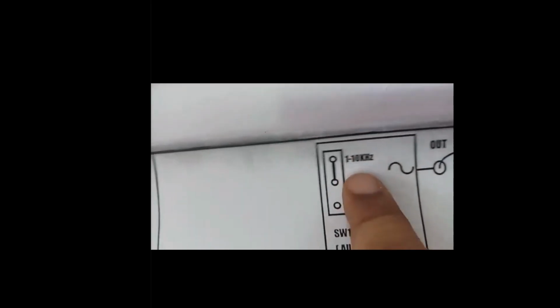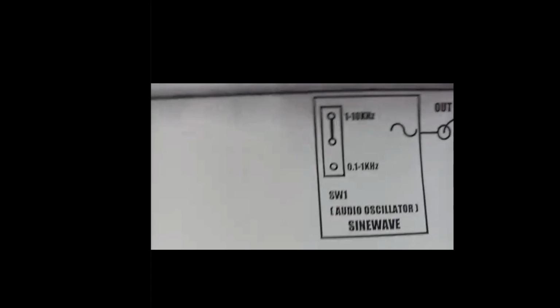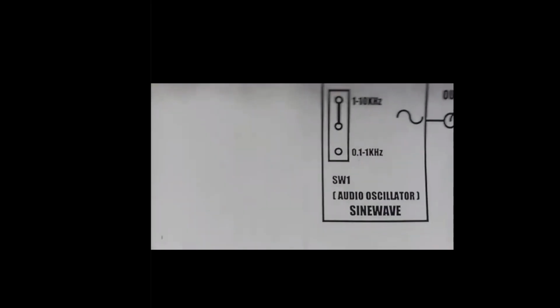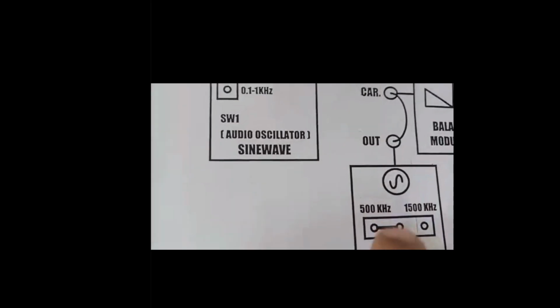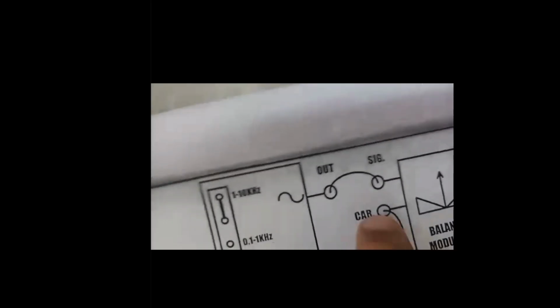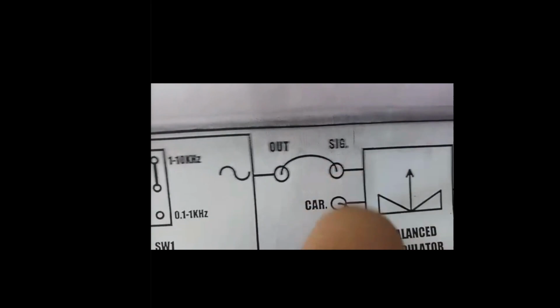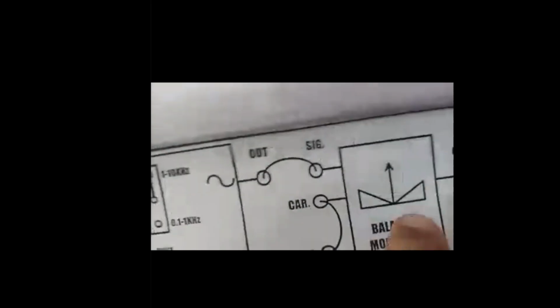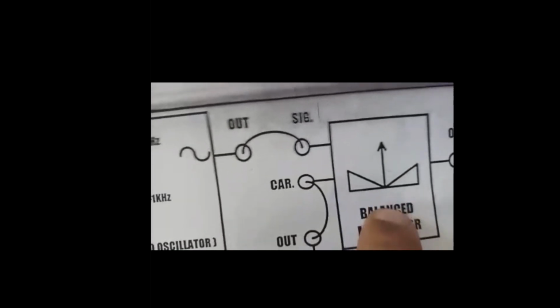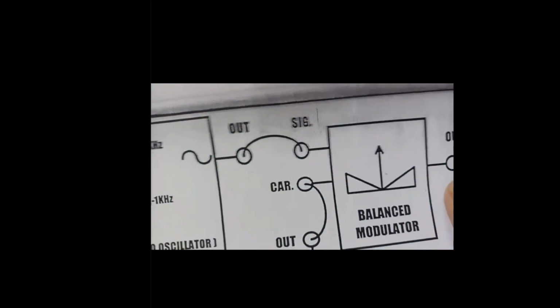So if you see this one, the message signal's maximum value is 100 kilohertz, whereas the carrier is 500 kilohertz. If you compare 0.1 kilohertz, 1 kilohertz or 100 kilohertz with respect to the 500 kilohertz carrier signal, you can see that the message signal is a low frequency signal, whereas the carrier signal is a high frequency signal, right? So these two will be the input for the modulator. The name written here is balanced modulator. Basically, we are using the amplitude modulator section of this one. This is the amplitude modulator, and this is the output point of this one.